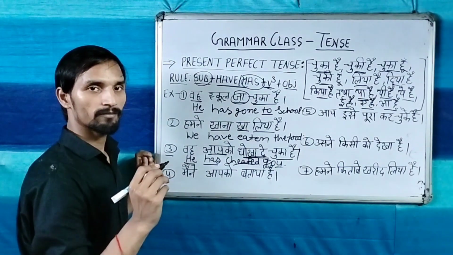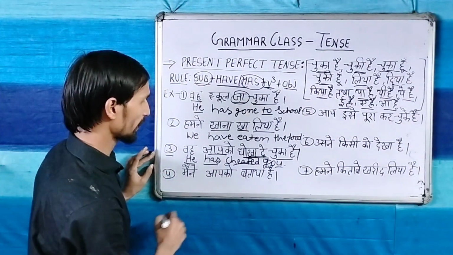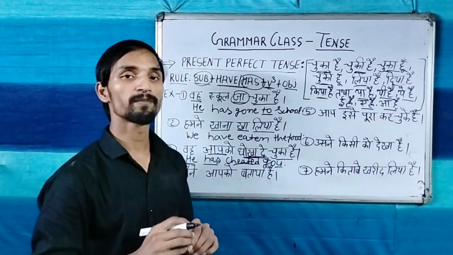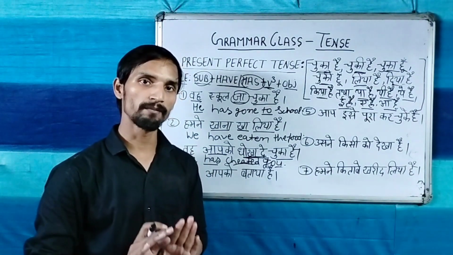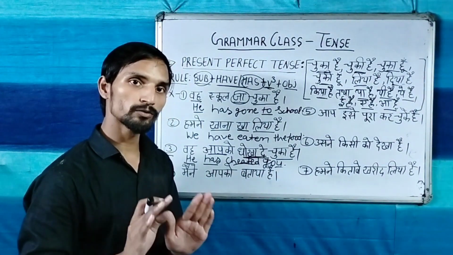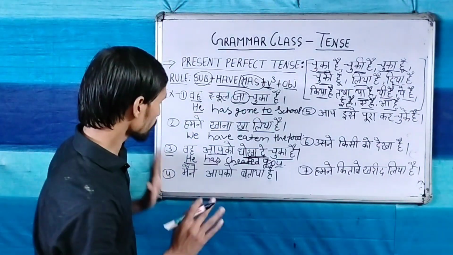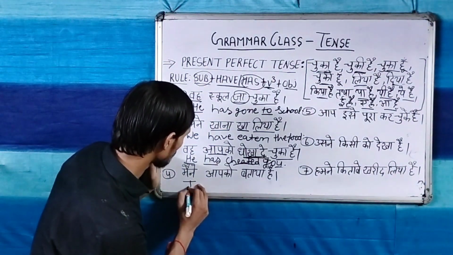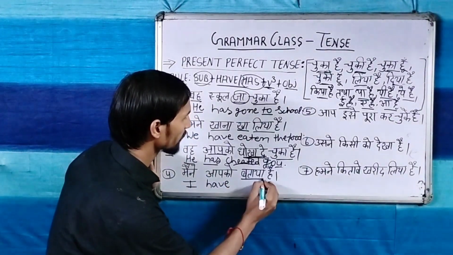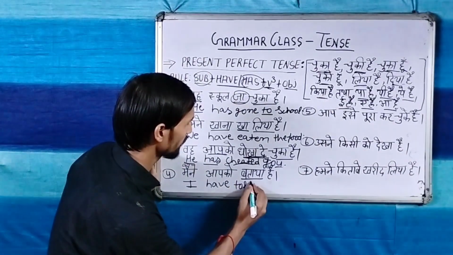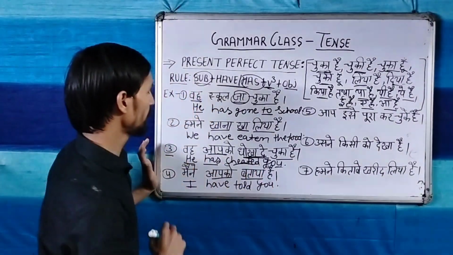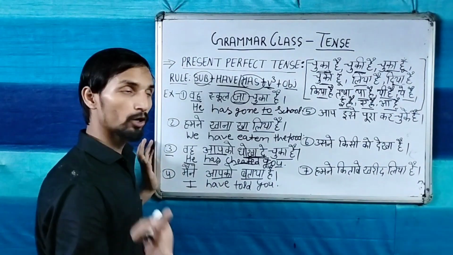Now let's see sentence number 4, that is मैंने आपको बताया है. Now you will be a little bit confused why चुका है, चुकी हैं, लिया है, दिया है, these words are not coming. If these words are not coming, so it's okay. But if या है, ये है words are coming, so that also means present perfect tense. So now let's see. मैंने, it means subject is I, with I we use have. I have. बताना tell, and third form of tell, that is told. I have told आपको you. So this sentence is complete. मैंने आपको बताया है, I have told you.